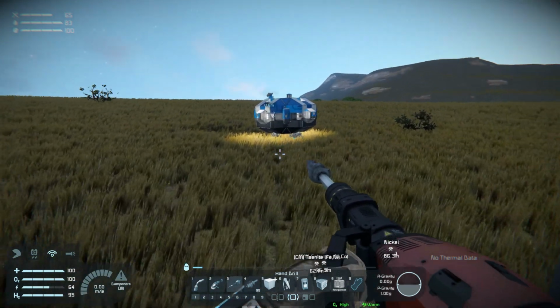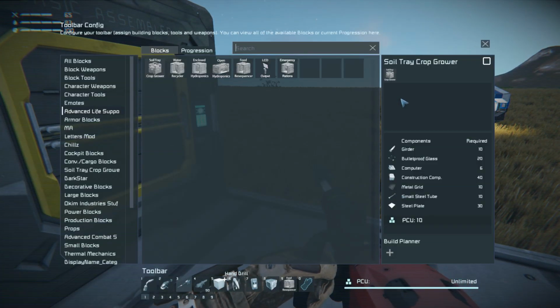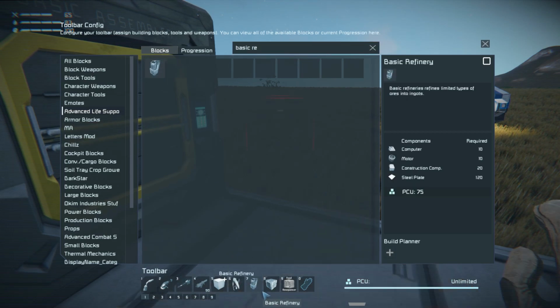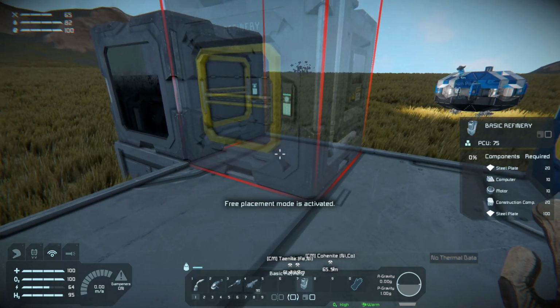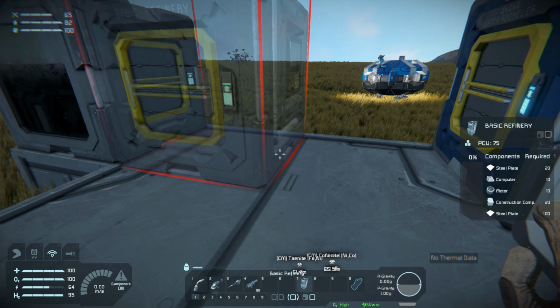So let's see what we need for the basic refinery. Okay, so we'll just type it in right here, basic refinery. There we go. We'll put this down on our hotbar real quick, clean house a little bit, and 7. Okay, so here is our refinery. One of the keys is that we want to line up the little yellow square, which is where stuff can travel in and out, with our assembler. So let's go ahead and turn this block